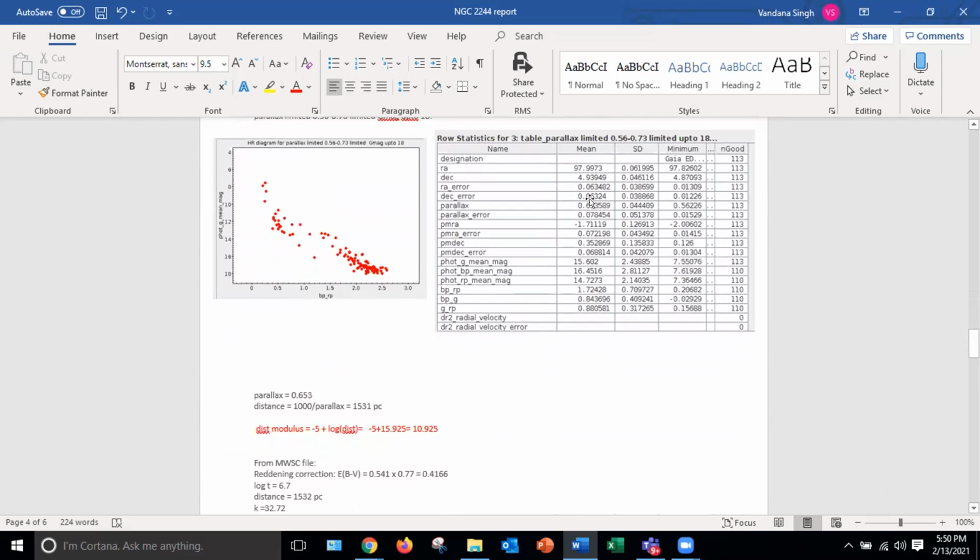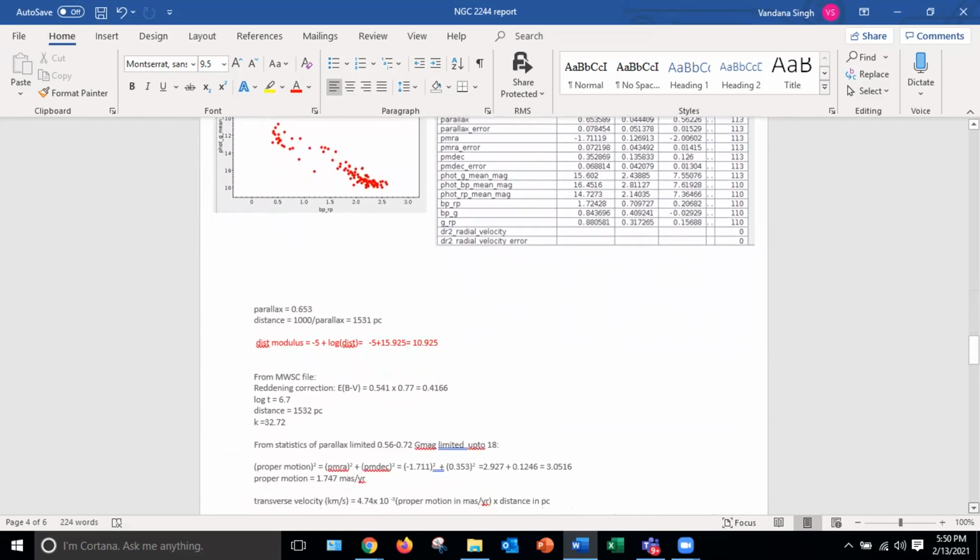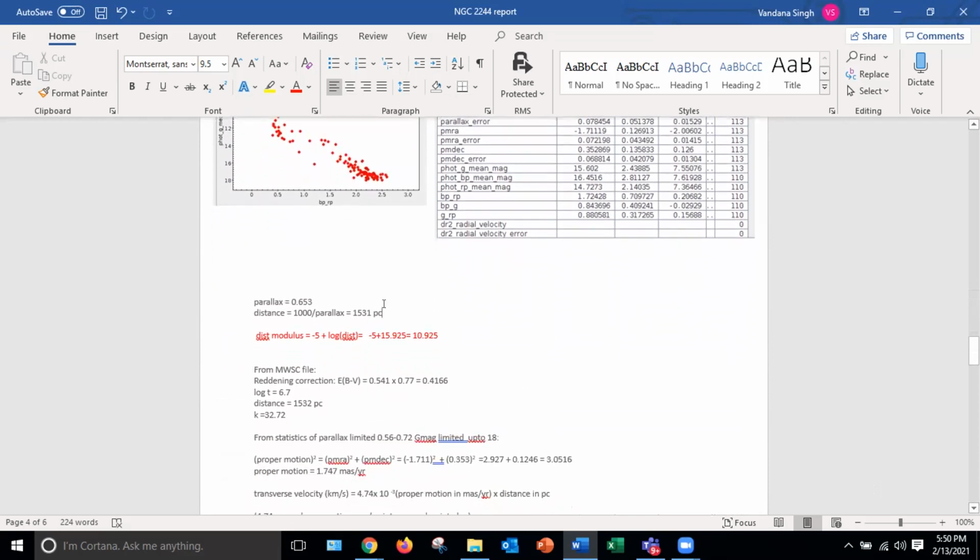My standard deviation coming down just a wee bit, 0.04. And this is the distance which I get, 1531 parsecs. I think this distance modulus I have to modify.